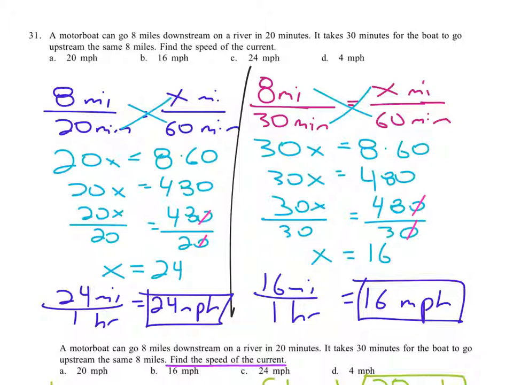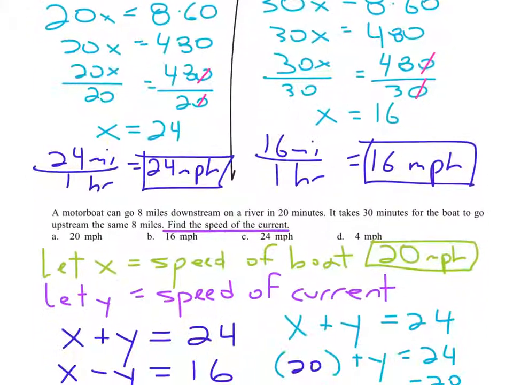How fast are you going? And again, as we did that, we found out that downriver, where you add the speed of your boat to the speed of the current, was 24 miles per hour. Okay, subtracting them because you're fighting against the current is 16 miles per hour, and then saying, okay, now that we know that,